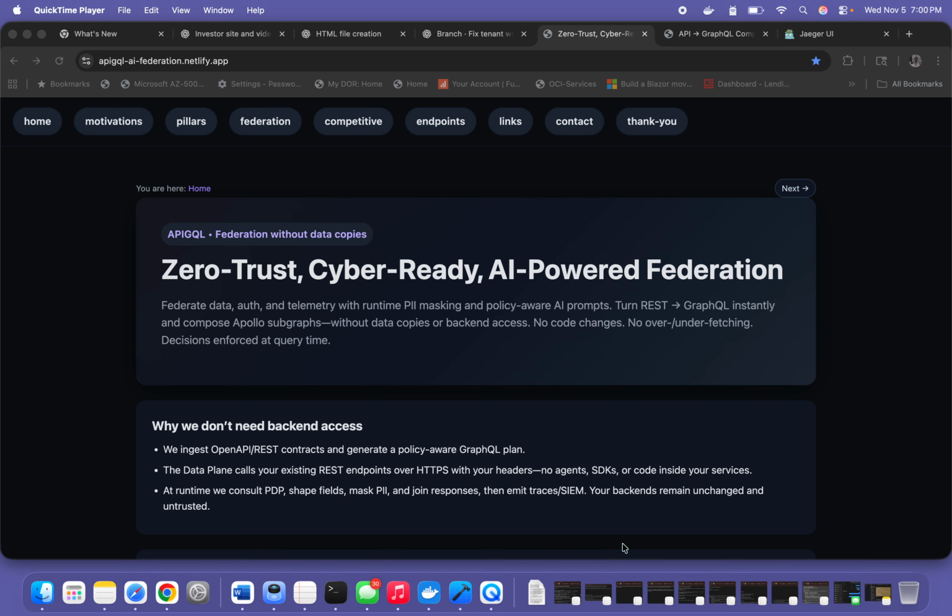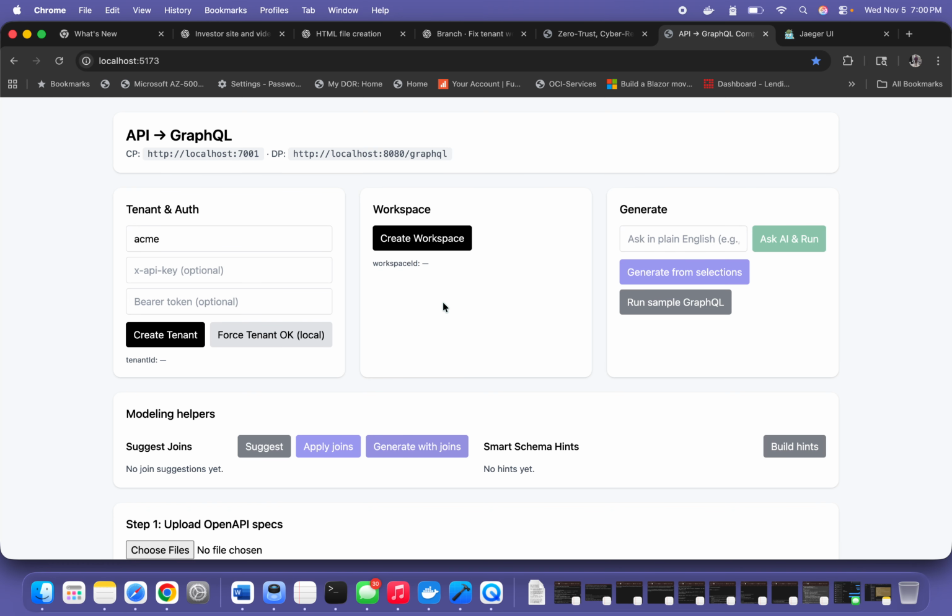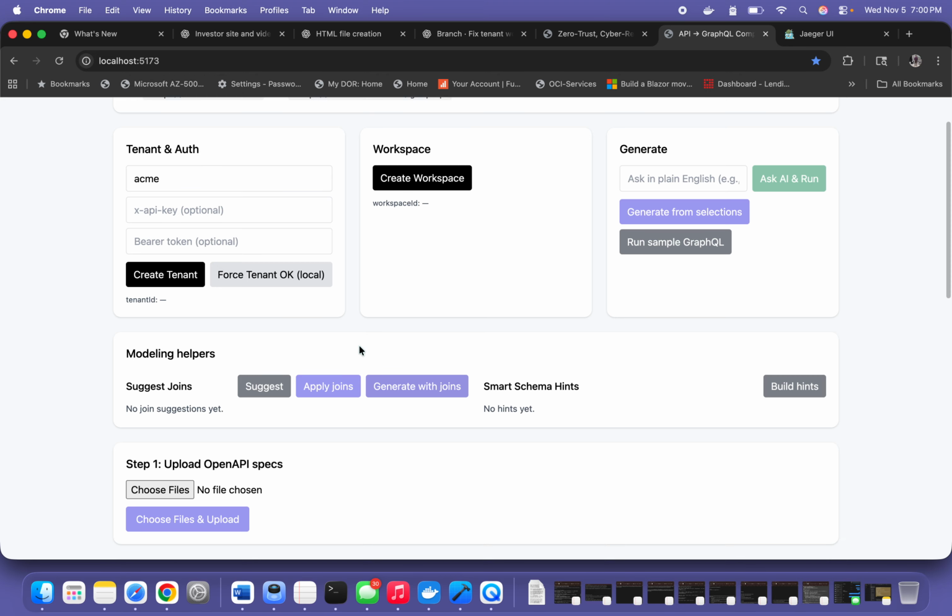we don't need any backend access as well. So like I mentioned, this is what exactly my tool looks like. This SaaS-based product actually works as a GraphQL gateway and as an Apollo Federation. So what it can do in a pure GraphQL gateway fashion is it would take your existing YAML files, and then you could pick and choose what attributes you want from those YAML files, and then it actually